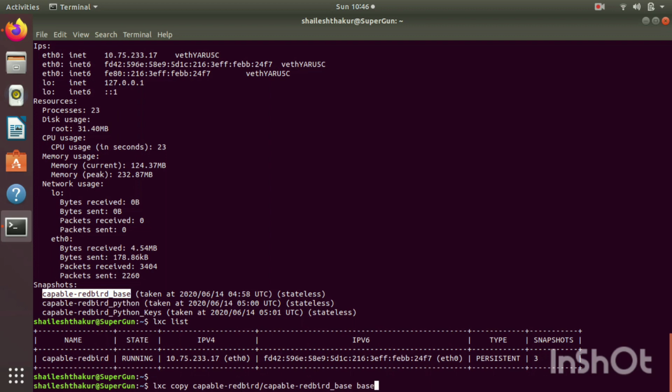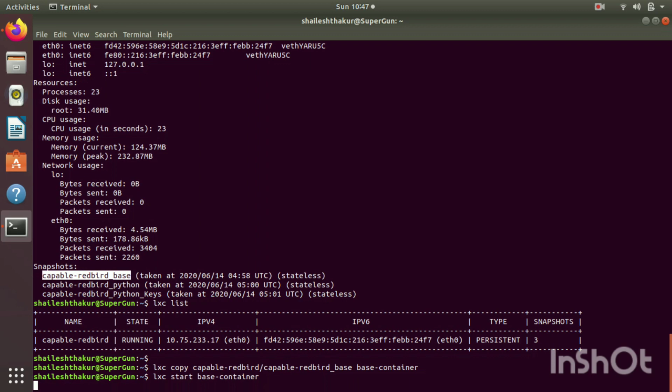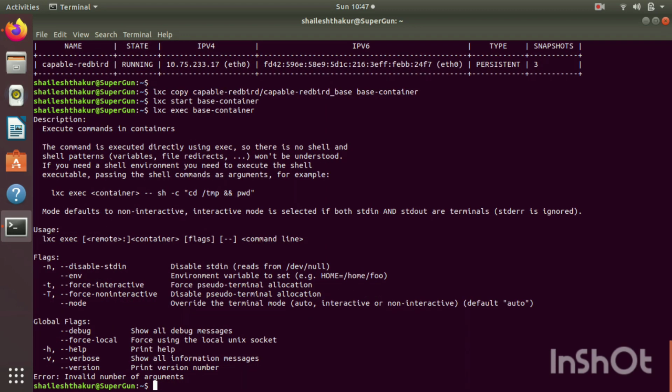First, I'm going to create a base container out of the base snapshot. There can be many use cases for this. To create a container from an image snapshot, you just do lxc copy, then your image name, snapshot name, and your container name.